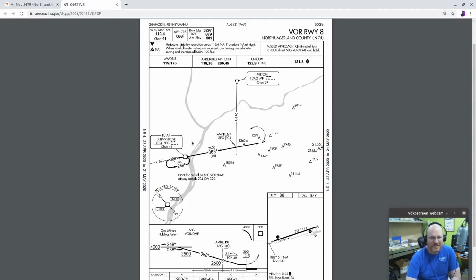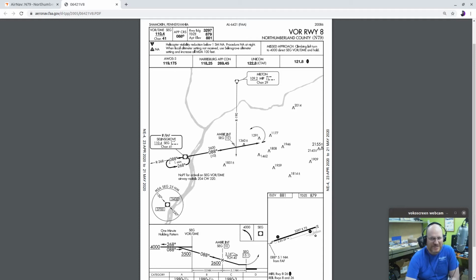Now, when we talked about holds, we said that sometimes you will see a hold as a course reversal, as a way to get you turned around. You might fly toward the airport and then fly out from the airport, turn around and go back. We said there was one way to do that using something called a procedure turn, which we haven't talked about yet. Another way to do that is a holding pattern entry. Let's say maybe I even started at Selinsgrove and I'm just trying to do a practice approach. Probably fly to this VOR at Selinsgrove, and now I'm going to enter this hold as appropriate,